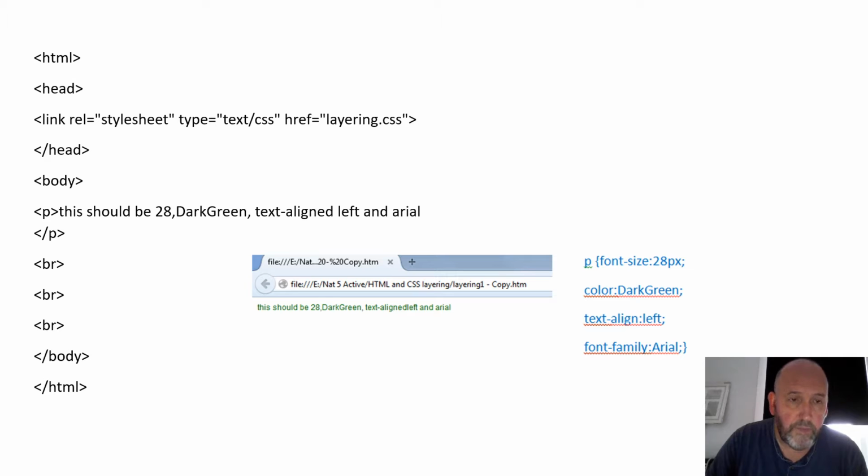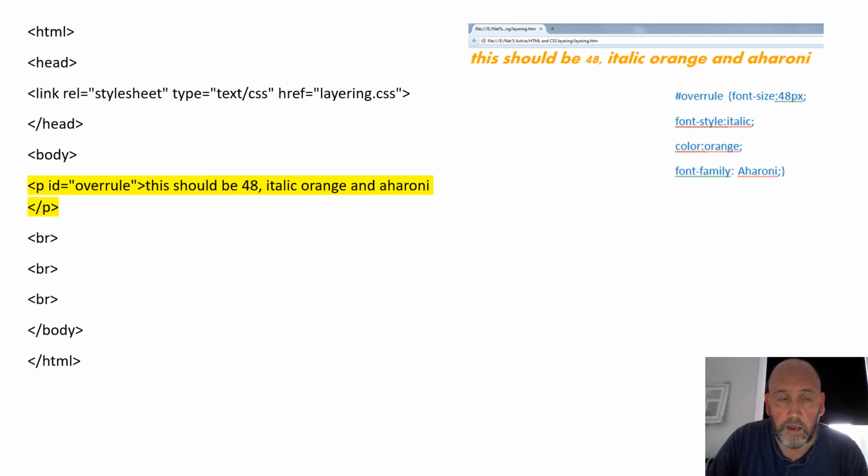Here we are. This should be a paragraph, size 28, dark green, text align left and Arial. And when we run it, that's exactly what we see, just as we would expect. But when we apply the ID, this overrules the values of the paragraph selector. It should change to size 48, should be italic, should be orange and Aharoni. Should still be left aligned because